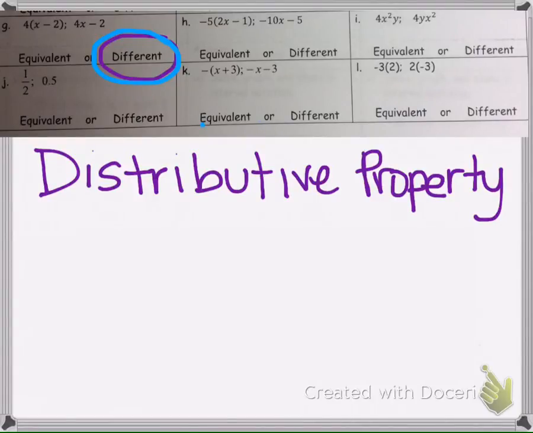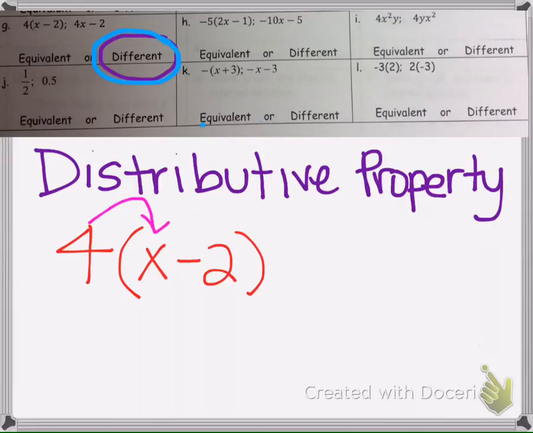In this problem, we are asked if 4 times the quantity x minus 2 is the same as 4x minus 2. So one way to show that they are different is by using the distributive property. The distributive property says that to write an equivalent expression, we take the number in front of the parenthesis and